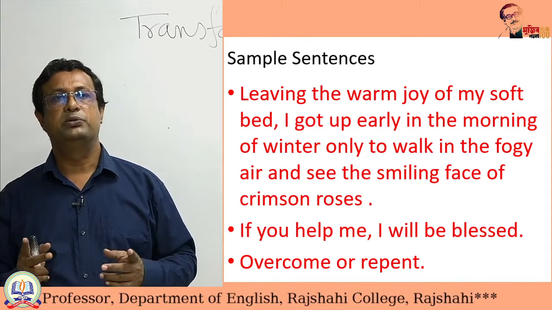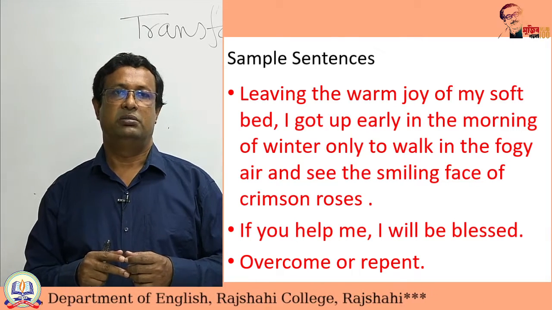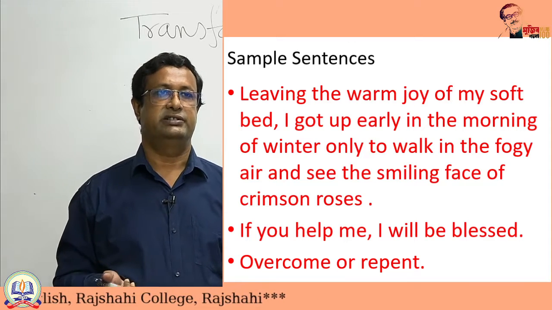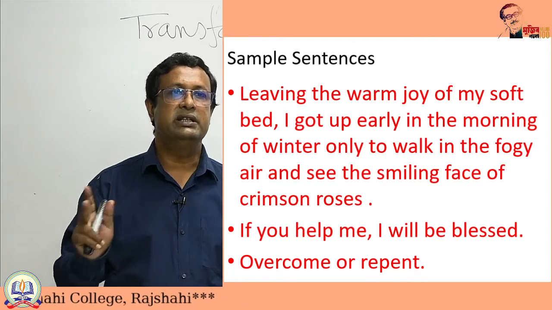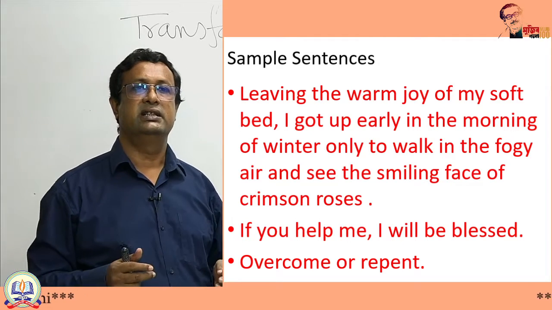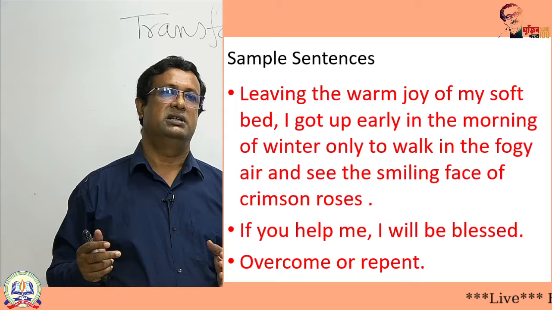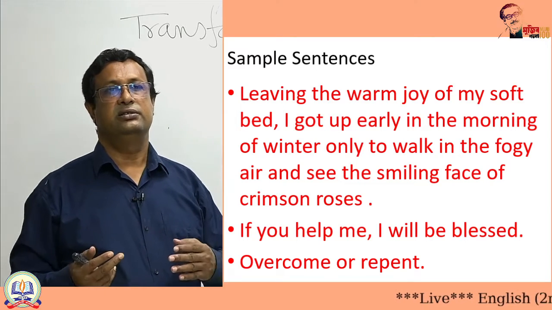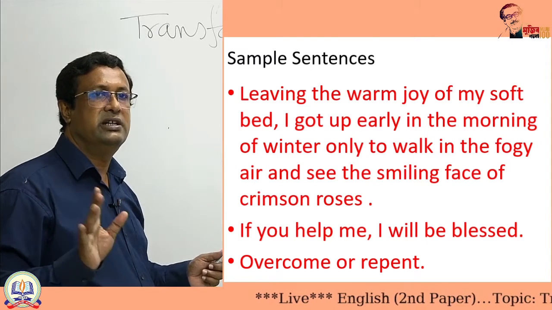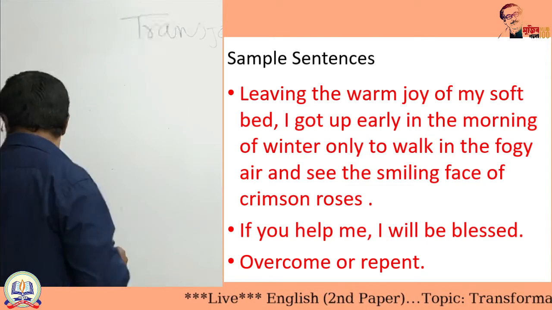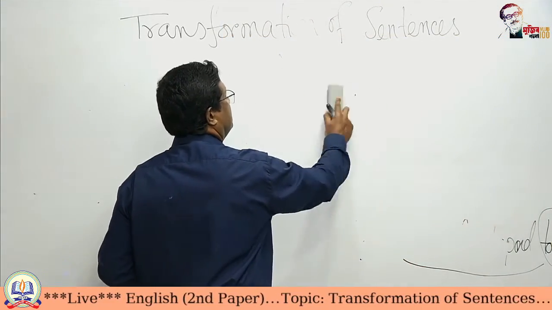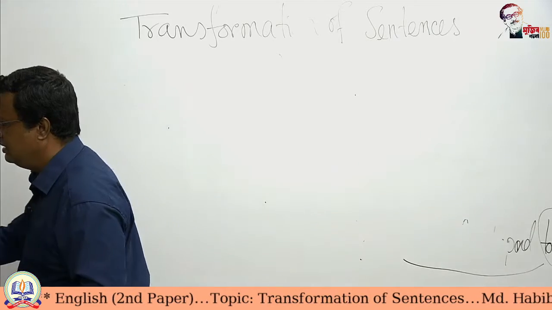And in a compound sentence, you have two independent clauses, two coordinating clauses. They are also called coordinating clauses in this sense that they are self-sufficient and they don't need to depend on another. But they are two in number. That is why they are coordinating. So, dear students, we have to notice the verb forms.